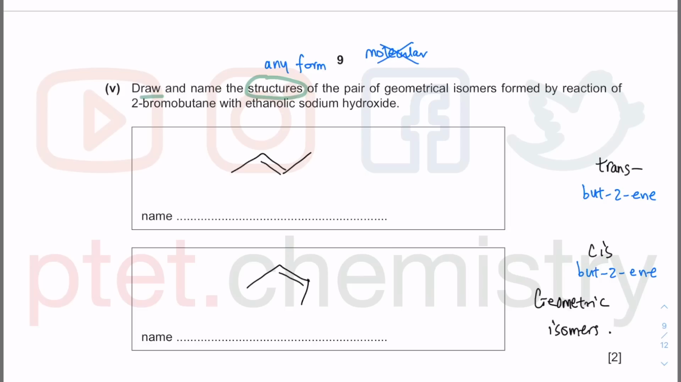That doesn't show the structure. You cannot write structural formula. Structural formula cannot show the structure. Only displayed, yes, because you want to show cis and trans. Cis and trans geometric isomers, they are